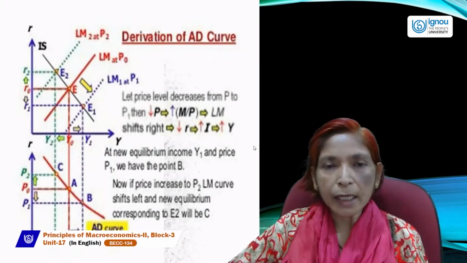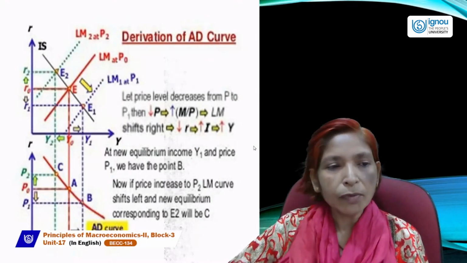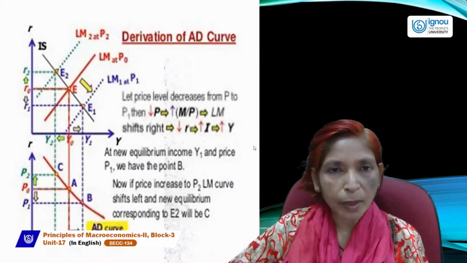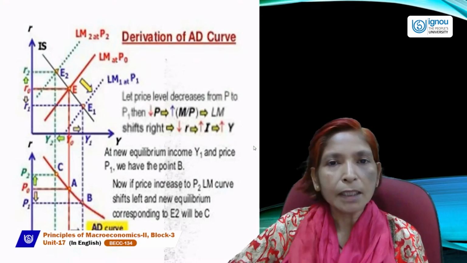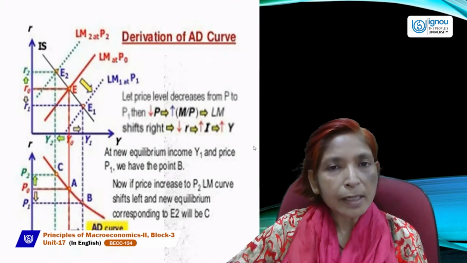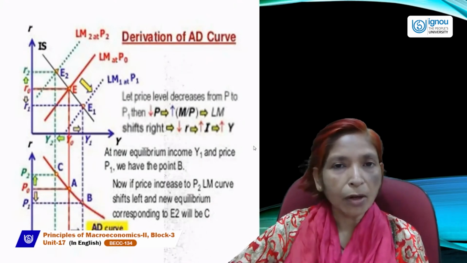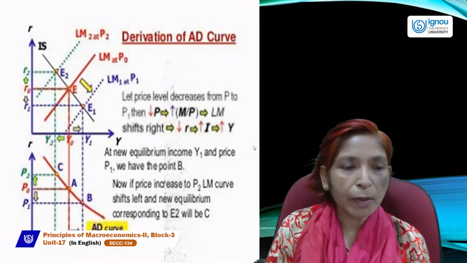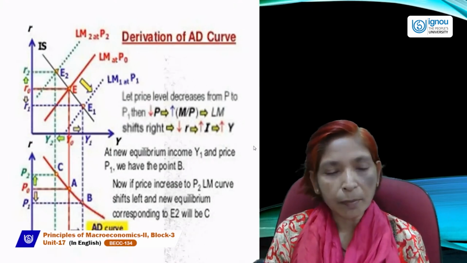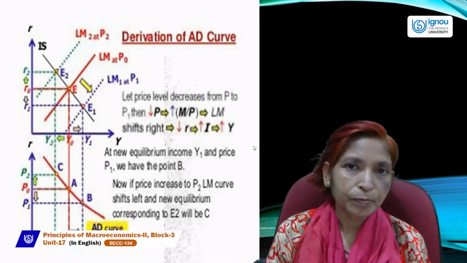While we derive the aggregate demand curve with the help of IS-LM curve analysis, first of all, we draw the IS-LM curves. The IS curve is always downward sloping from left to right, and the LM curve is always upward sloping. Where both curves intersect each other, the first equilibrium point, E, is determined. Here E is the equilibrium point where the IS-LM curves intersect. The level of income is determined at OY and the rate of interest is determined at R0.